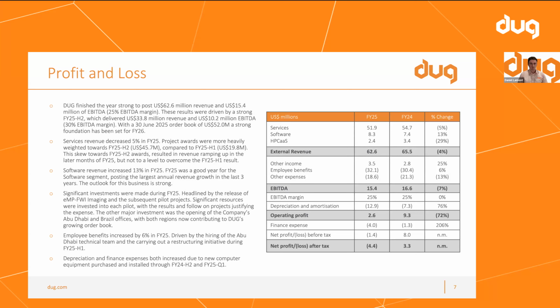So to touch on that, we see services revenue down 5%, but we had 45.7 mil of awards, which is what boosted that order book number. 45.7 mil of awards in the second half. And so that second half skew meant that revenue is picking up, momentum is picking up, but as the projects come in over their life, we expect to see revenue growing as we move forward. It's important to note as well that of that 45.7, more than half of it is for MPFWI work.